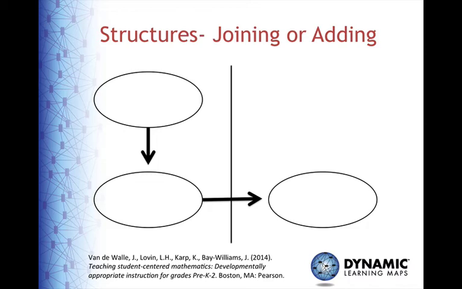This structure refers to situations in which quantities are physically brought together. In join problems, you start with a quantity. Then an amount is added to that quantity, known as the change. And then you end up with the result. Any of these three quantities can be unknown in a given equation: the start, the change, or the result. For most students, the most difficult problem seems to be when the start is unknown. Let's look at some examples.